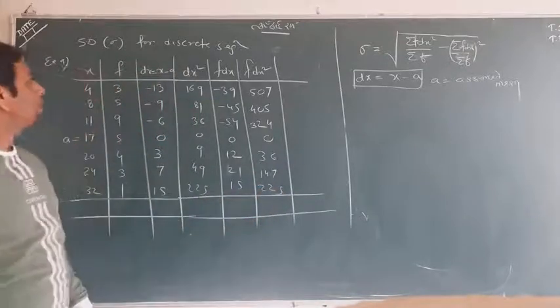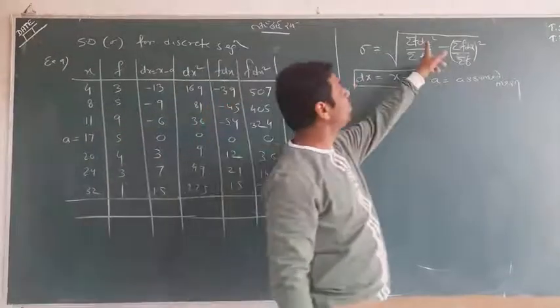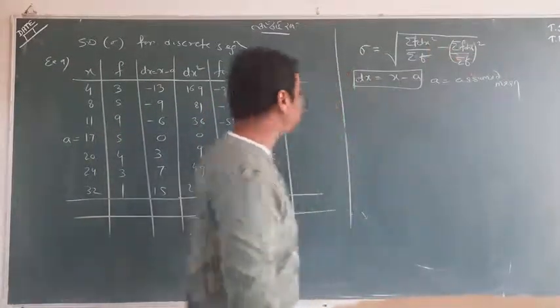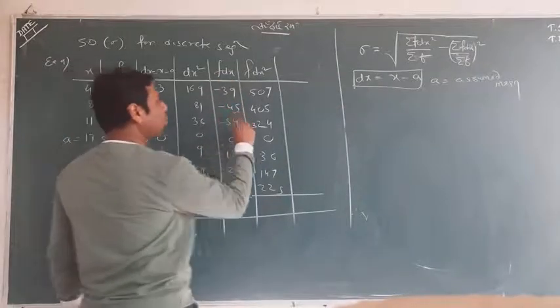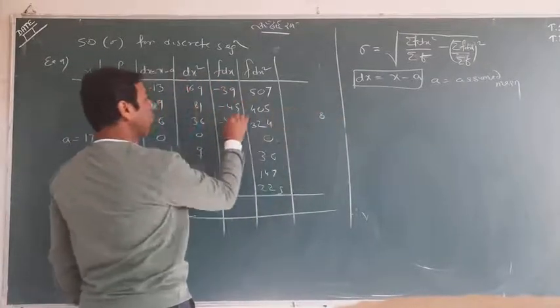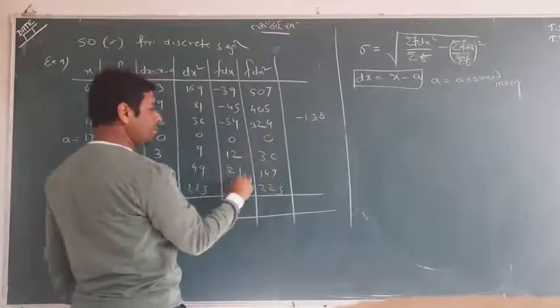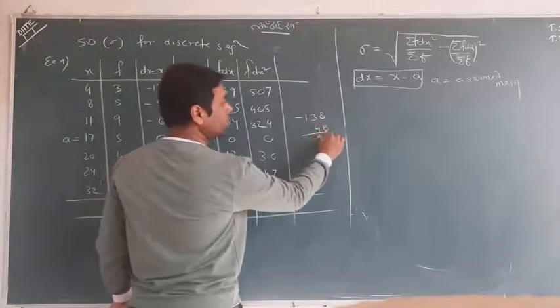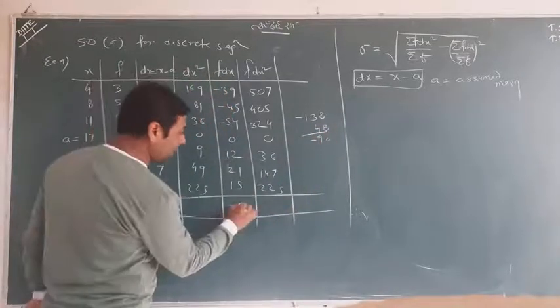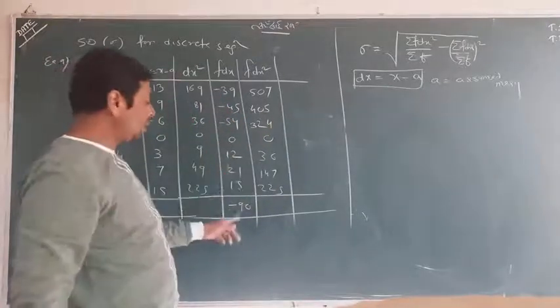Now we've got two columns, f dx and f dx square. So we need both the things. Summation f dx square we need, summation f dx we need. Okay, we do summation f dx. This is a negative number: 9, 5, 14, 4, 18 and 4, 4, 8, 4, 5, 13 is a minus. And this all 5 to 7, 8 and 2 into 4. So the whole will be 90. Minus 90 will be remaining. This is a negative number, this is a positive number, so balancing is minus 90.